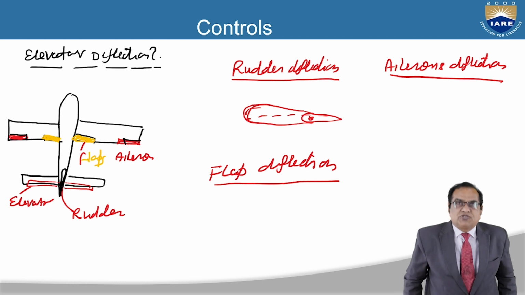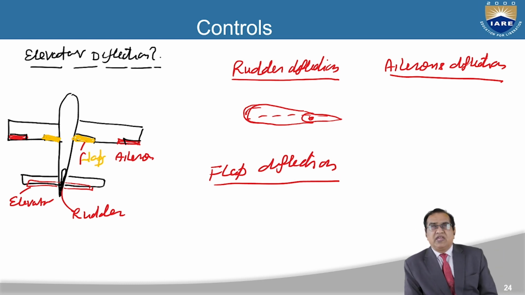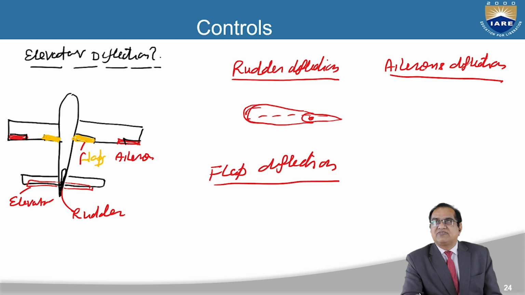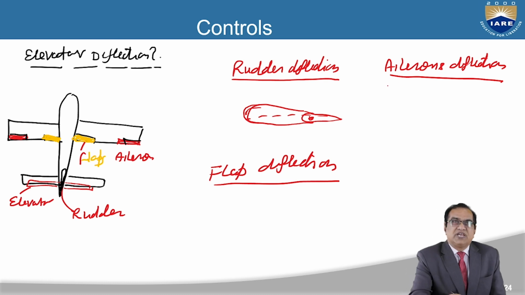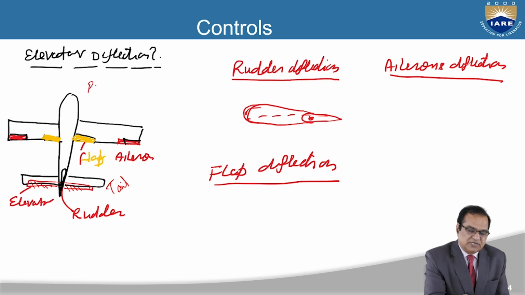So now we should also discuss something about controls. We have three controls. One is the elevator, another is the rudder, and the third one is the ailerons. These elevators are fixed at the tail. This is the tail, and these are your elevators. The elevators are used for pitching motion, nose up and down. So it is for pitching,